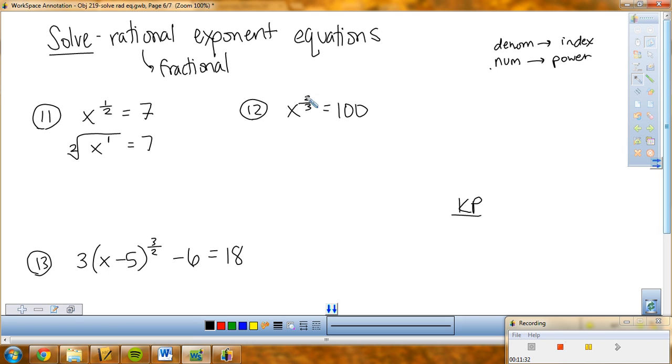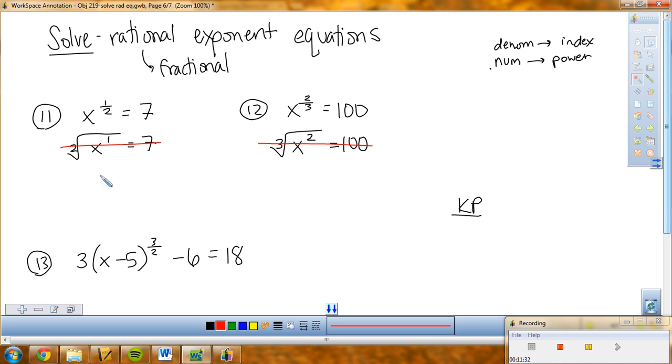Or we could also convert x to the 2/3. The denominator is going to be the index, so it would be the third root of x squared equals 100. Now that we've converted it to the radical version, it's very clear to us, oh, this is actually a radical. But to deal with our radicals this way is actually more work and kind of confusing. So there's a shortcut that you can take so that you don't have to worry about the radicals, but you